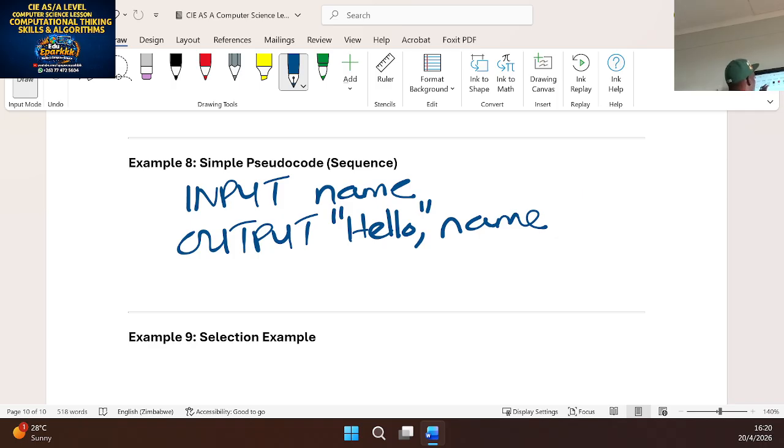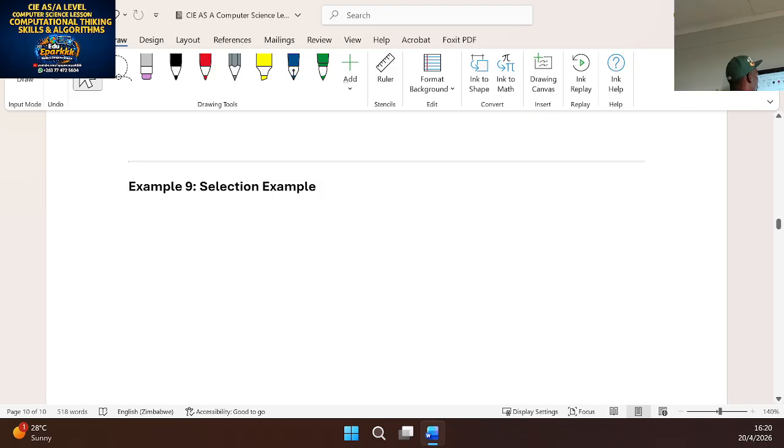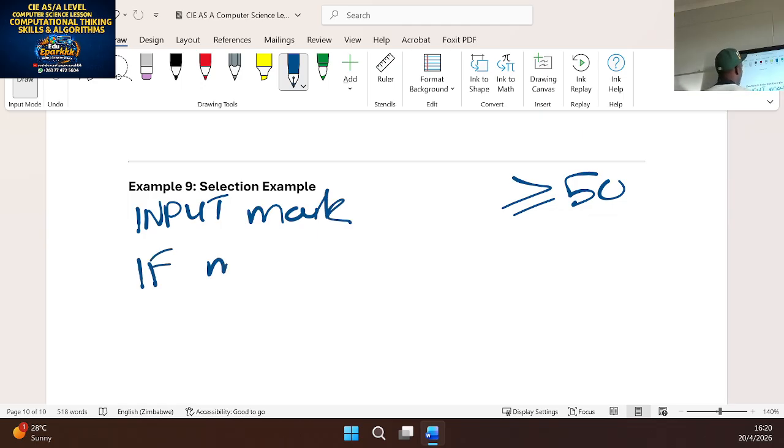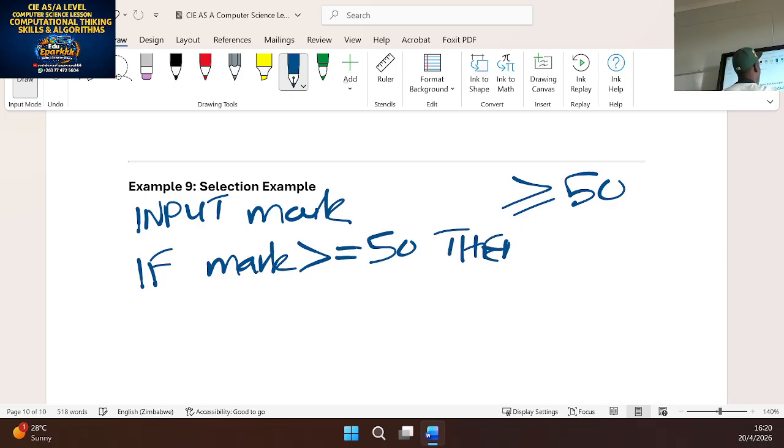Then an example of a selection. We want to look at selection. Now, when we are selecting, it's like we are making a decision. So let me try and say for an activity written, if you get greater than or equal to 50, then it's a pass. So we can say input so that we can read, mark, or score. Then we can now test the condition. If mark greater than or equal to 50, then we can now output or display on the screen